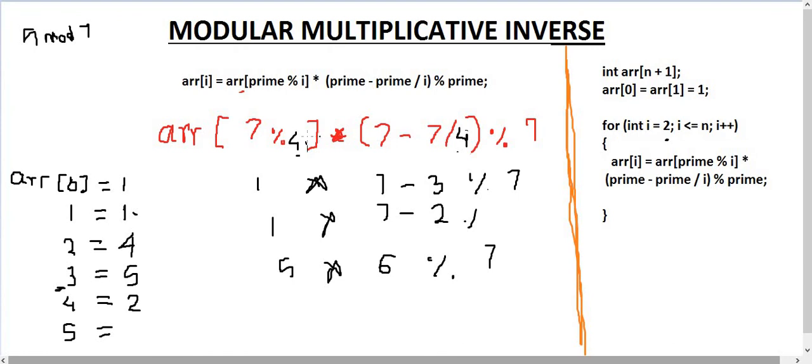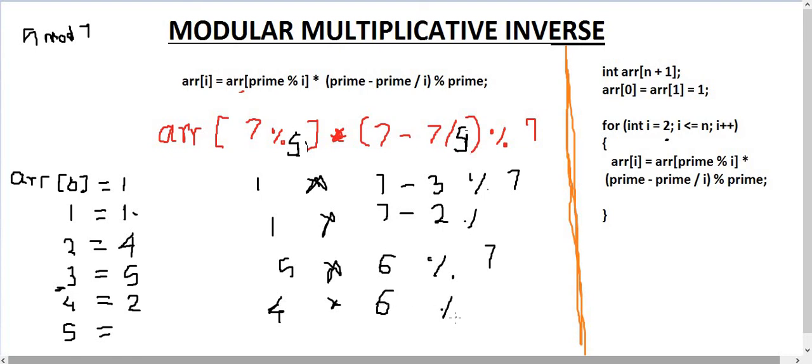For the last value, 5: 7 by 5 gives array value of 2, which in this case is 4, into 7 minus 7 by 5, which returns 6 mod 7.